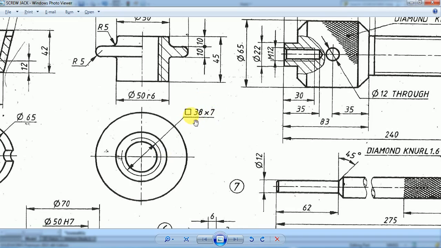a pitch of 7 mm, and this square symbol represents that it's a square thread, because you should know, if you have learnt in your machine drawing, that threads can be classified as V threads and square threads. V threads are generally used for fastening purposes, like buttress thread, BSW thread, and ISO thread. These have V shapes, and they are used for fastening or assembling purposes. But if you want to convert rotary motion into linear motion, or linear motion into rotary motion,